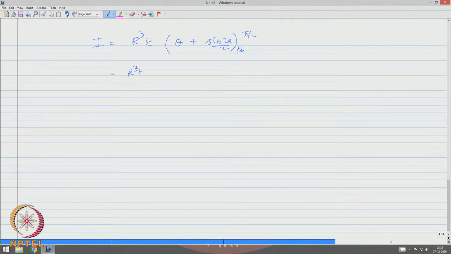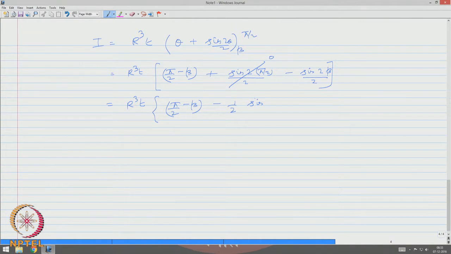We will say r cubed t times (pi by 2 minus beta), the upper and lower limits, plus sin pi by 2 minus sin 2 beta by 2, which can be r cubed t times (pi by 2 minus beta) minus, since this term goes away, minus half